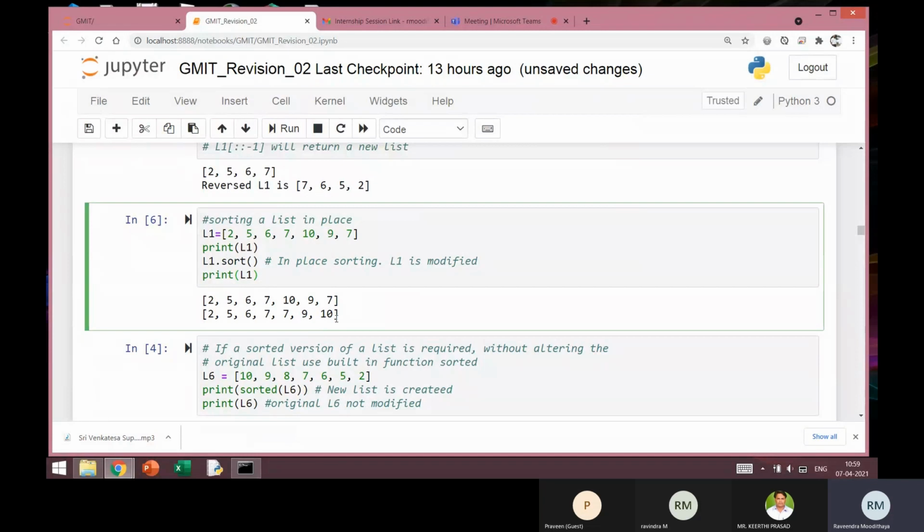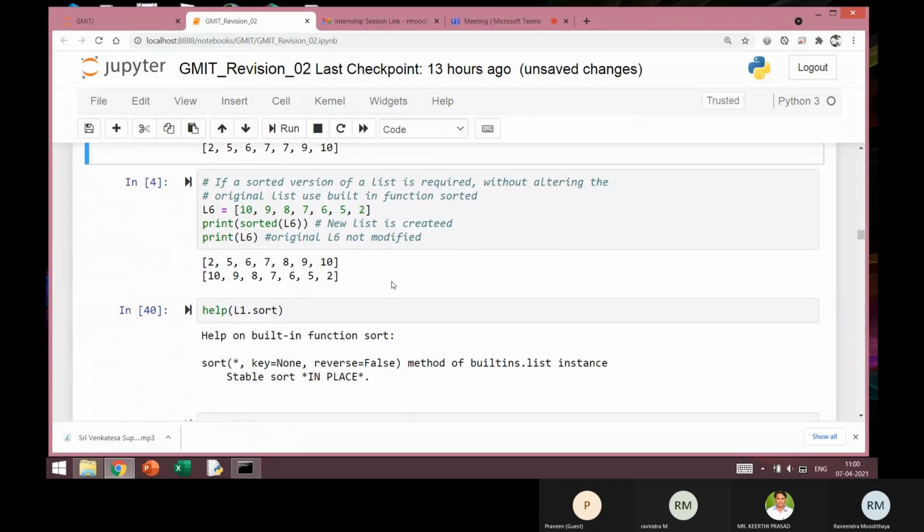So no new list is produced here. The same list is modified by rearranging the elements such that the final list is in sorted order. I think you do a similar kind of problem probably in your C language course, sorting an array. The same array is modified so that at the end you will have it in sorted order. This is what you get at the end of this operation.